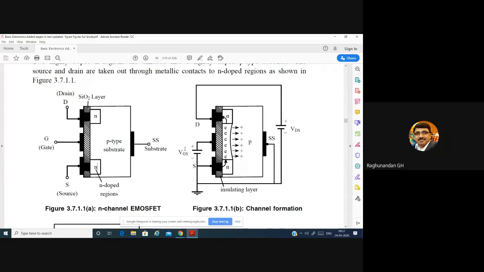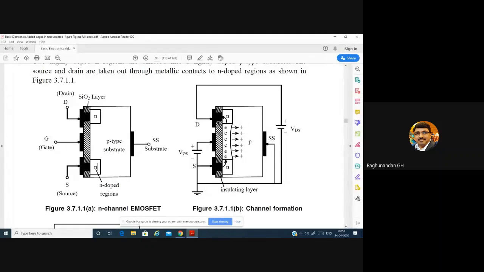Now by increasing the gate to source voltage, more and more electrons start segregating and aligning over this. When they get aligned over this, it creates a path for the source and the drain. This concentration of electrons which were aligned act themselves as a channel between the source and the drain, and all the holes are moved away. So now the channel is being created.